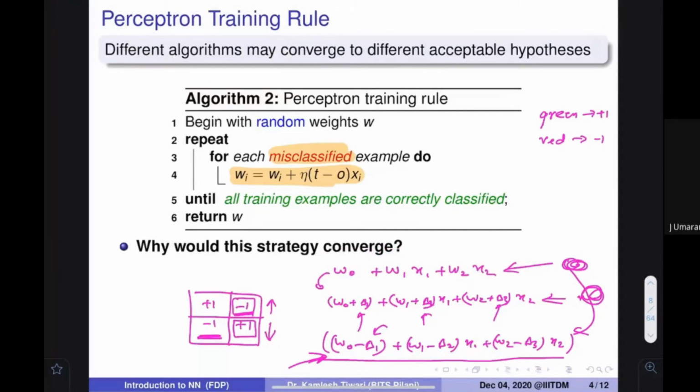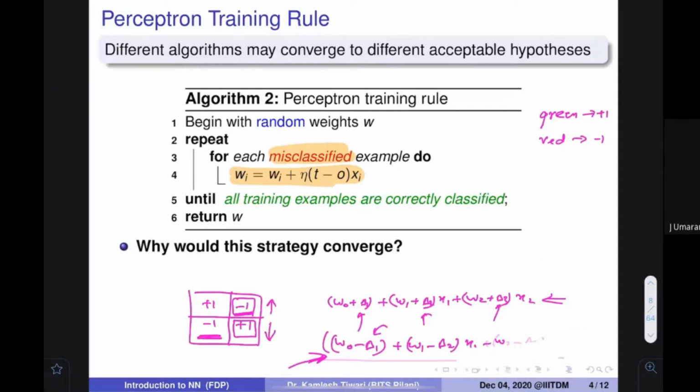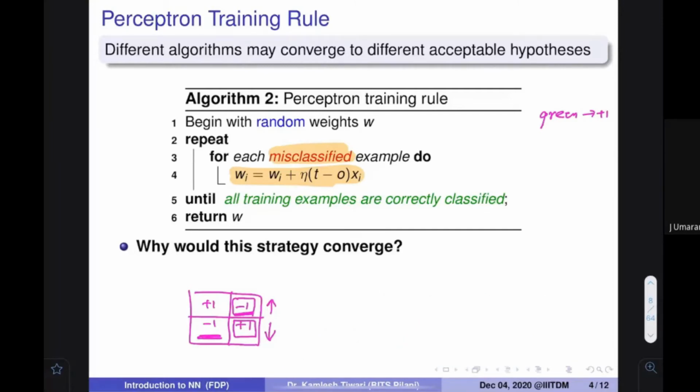Make sense? Okay. Everybody, I'm done on these lines. So let me quickly remove this and tell you some more small, very elegant mathematics on this. Say this is my target value, this is my output value. This is my target value, because I wanted its output to be +1.